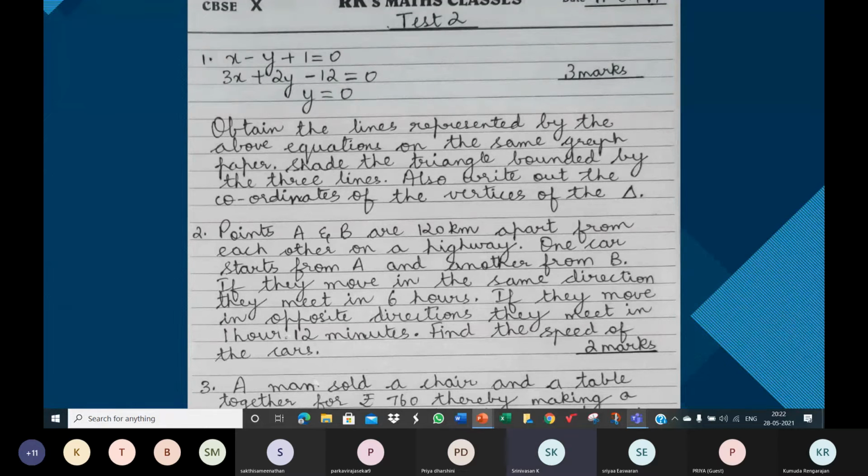Ma'am, I completed the second line. You completed the second one? Okay, I think we'll be disturbing the others also. Let's just wait for 5 more minutes. Let's give others also time to finish. Go ahead, Srinivasan. Please go ahead. Complete the graph fully.